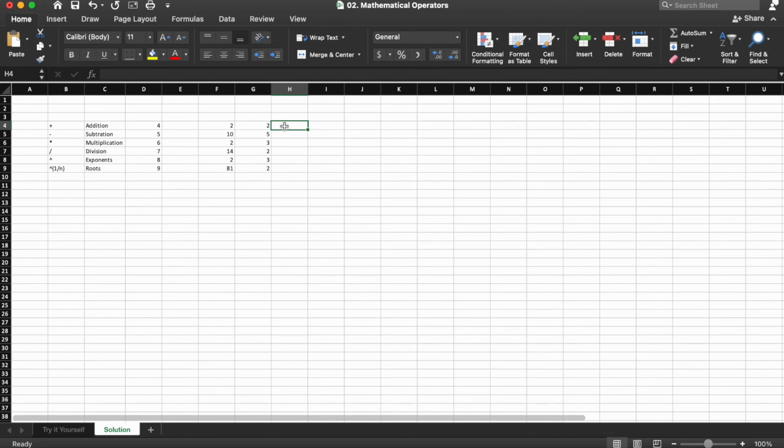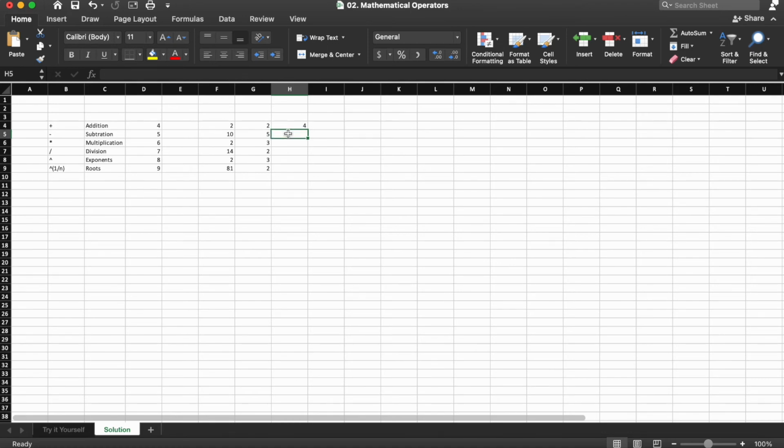So again, we're going to start with an equal sign, and we're going to do equal F4, the plus sign, G4. You'll see that when you do this, the cells highlight different colors, and the cell highlight color corresponds with what the cell address looks like in your formula. If we hit enter, you'll see 4 in H4, and that matches exactly what we have in D4.